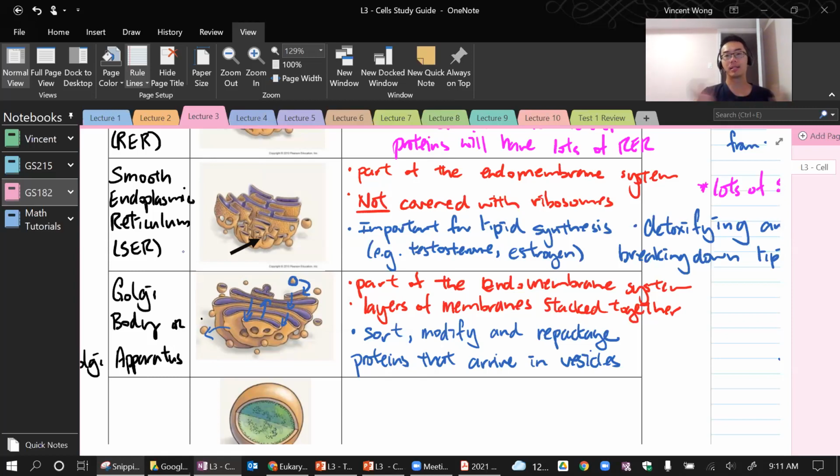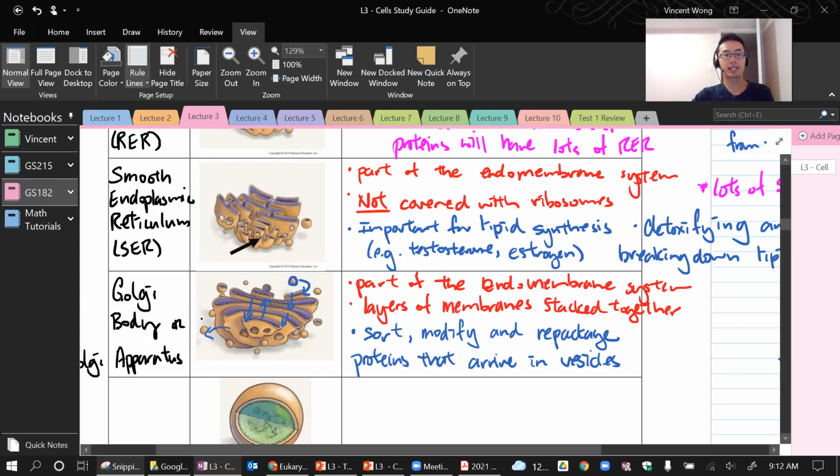And how does it check? Well, it's a complicated process. The polypeptide protein actually has a few amino acids at the end that serve almost like a barcode, like a scanning tag. Based on what kind of tag you have, the Golgi body will know where this needs to go, or if it needs to be modified, like adding sugar or other things to it. That little signal is what tells the cell what needs to be done. So it will get packaged, modified, and sorted.